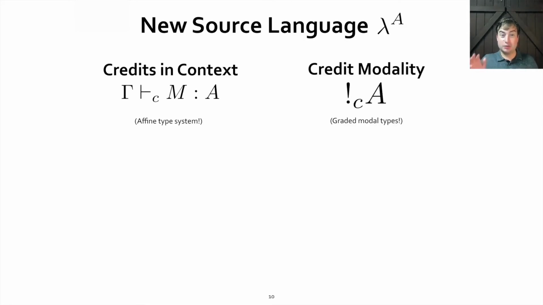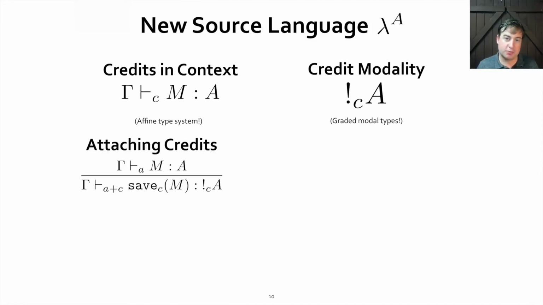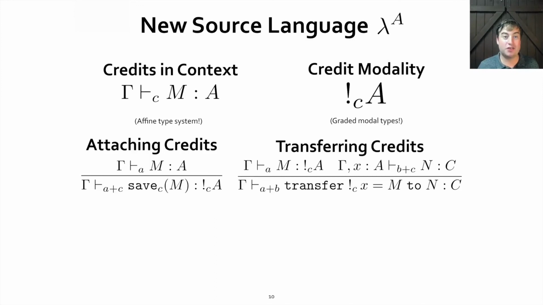So next, we need to be able to attach these credits to terms like, say, the elements of a list. And to do this, we add a modality to the language. The terms of type bang C A are morally terms of type A that carry C extra credits. And the intro and elim rules for this modality are actually pretty intuitive. The intro rule says that if we have a term M of type A and we have C extra credits lying around, and we don't need them to construct M, we can just attach them to M and get a term of type bang C A. And the elim rule says that if we have a term of type bang C A, we can peel the credits off the term and allow them and the value to be used in a continuation to make more stuff.